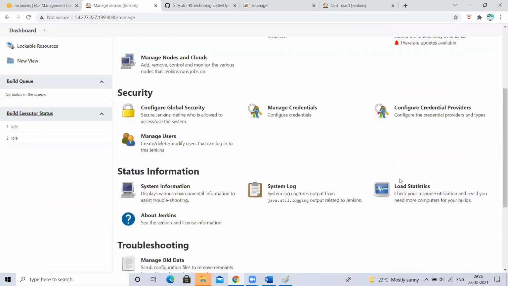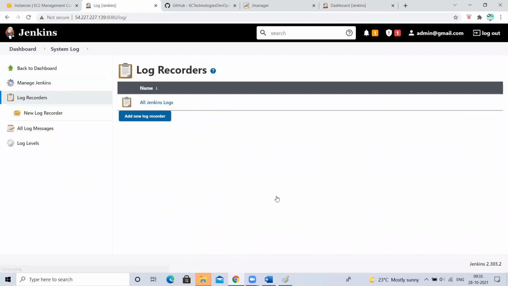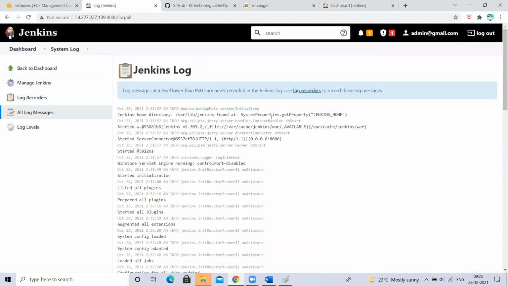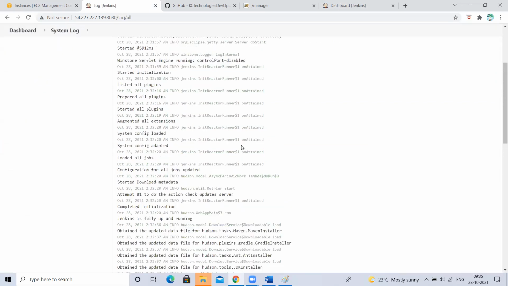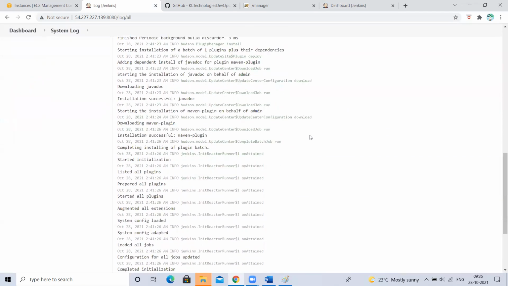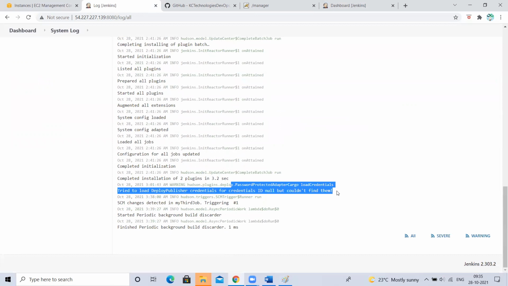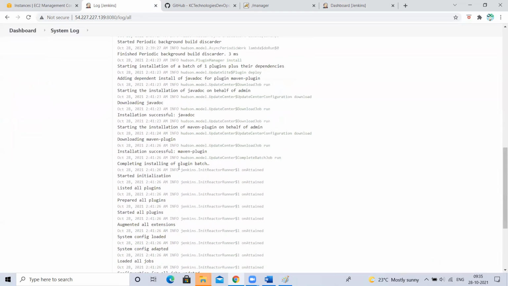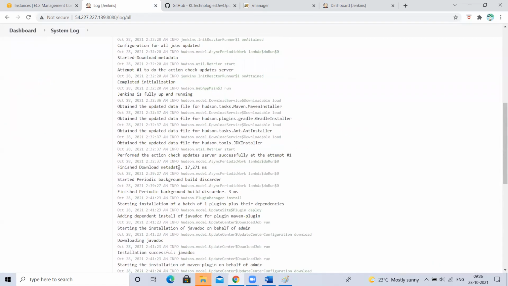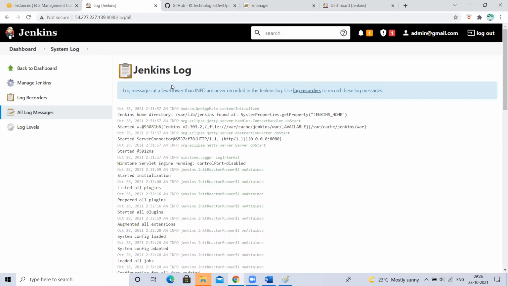Where is that? This one. System logs. If you want to see the Jenkins logs, what happened to my Jenkins and all, right? In the Jenkins log here, it will say my Jenkins was started at this time, a plugin was added here, then a deployment happened, this job was triggered. See this, my first job got triggered once. Like this, it will show whatever has been triggered and at what time, all the details here. Okay, next.